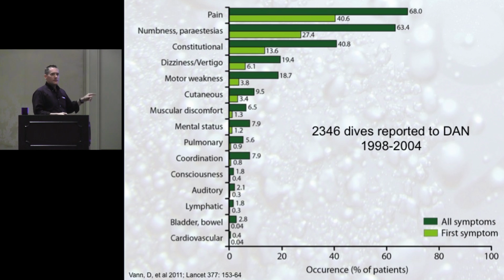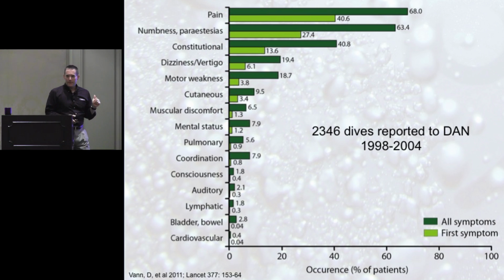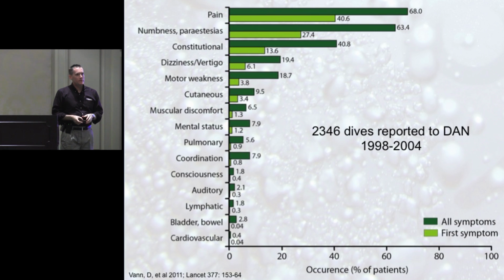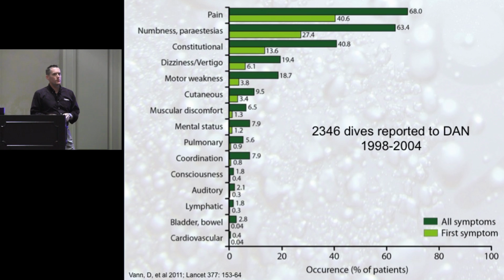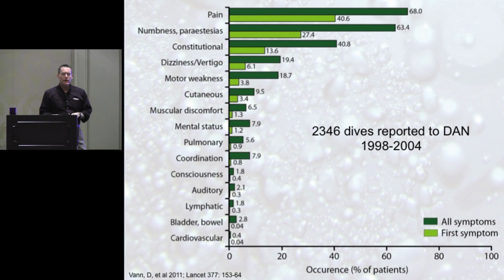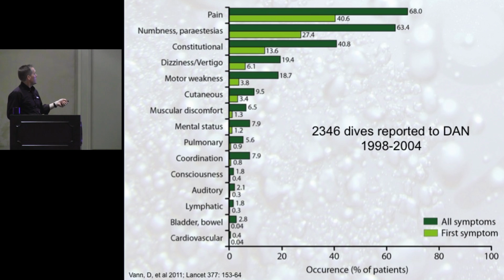There we are. This is some great DAN data. I really love this table. This is also in our newest oxygen manual, and it talks about the symptoms associated with decompression sickness. And rather than just throwing them up there in a chart, which is sort of a hodgepodge, which gives you almost no useful information, this lets you know that when you're staring at this, a symptom like pain